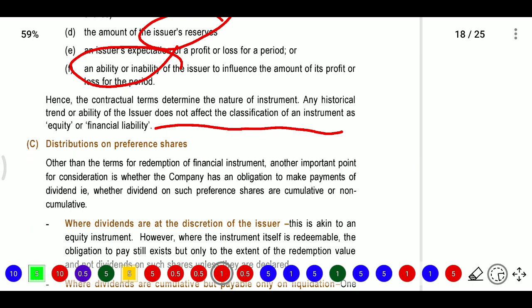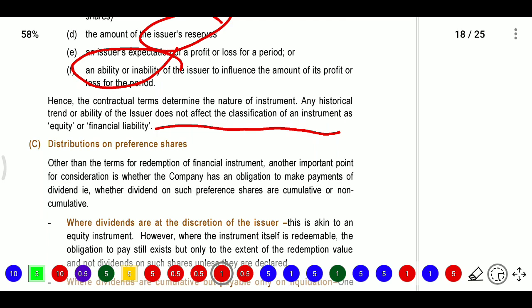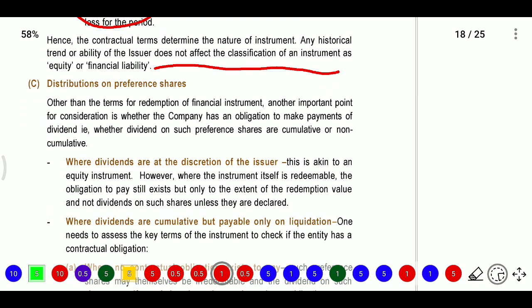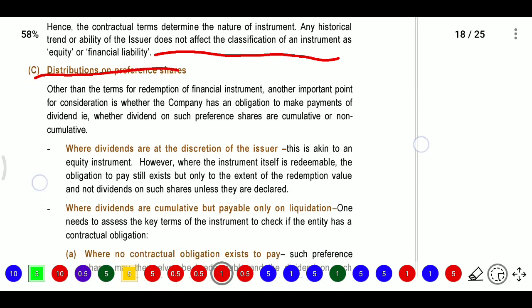It may classify as equity or it may classify as liability based on the present situation. It will not bother about the history and it will not bother about the future. And here the distribution, whatever the distribution of preference. So a preference shares distribution other than